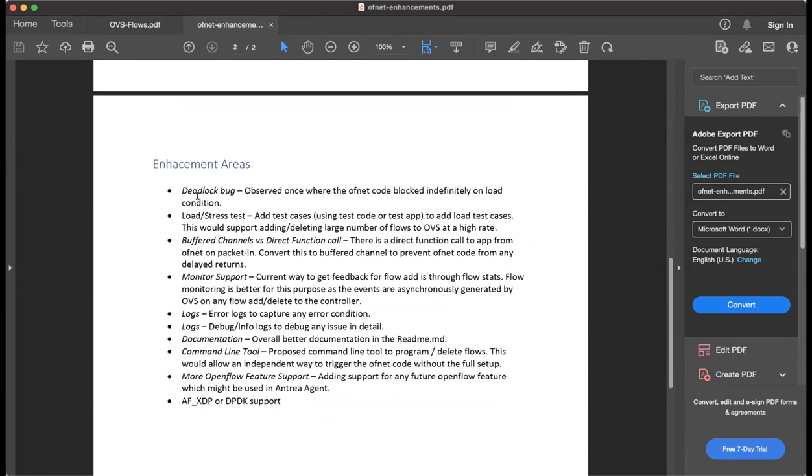The way this discussion started was that we encountered a deadlock bug. This was observed, I think, only once, as far as I recall, at a customer site where the OFNet code just blocked under a certain load condition. By load condition, I mean that there were a lot of flows getting programmed at the OVS. Under certain conditions, we still don't know the root cause, but it deadlocked. And